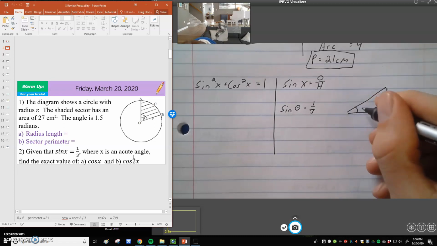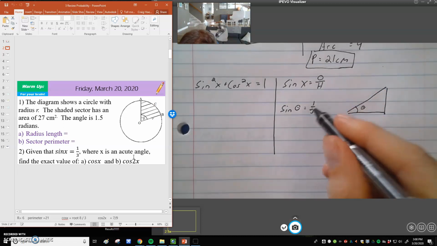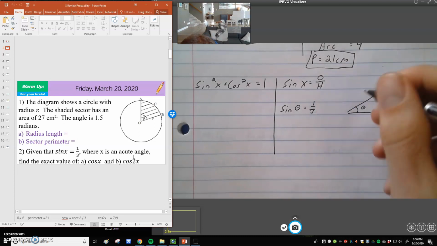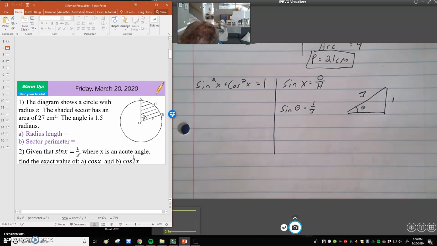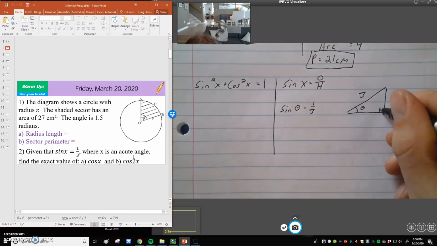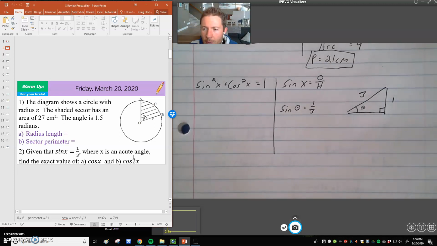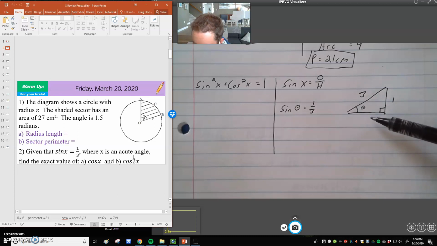So here we have some theta, which we were told is an acute angle. Opposite is 1, hypotenuse is 3. So now we have 2 of the 3 sides for a right triangle. Well, we're going to want to find this adjacent side, so let's use the Pythagorean theorem to do that